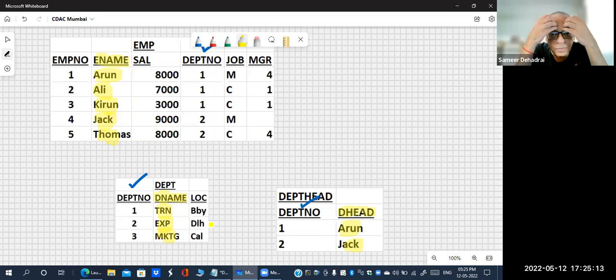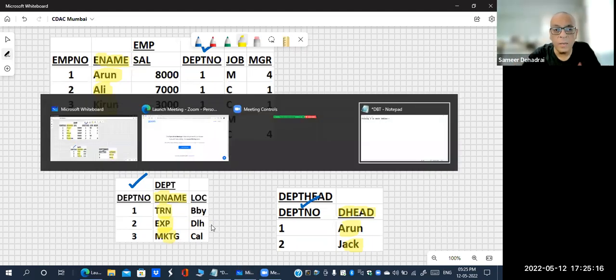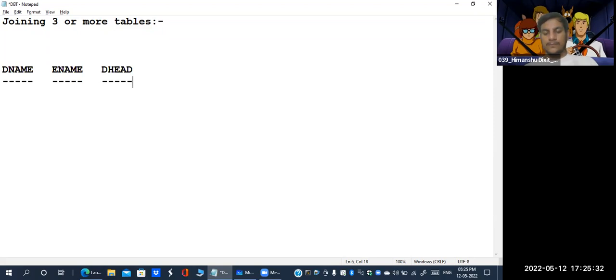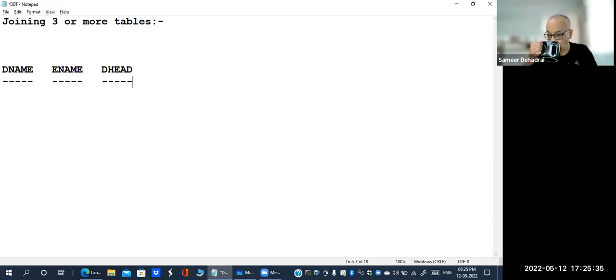So here is the thing. I want to see the D name. I also want to see the E name. And I also want to see the D head. So just by understanding what output that we want, we can plan the writing of our select statement. So help me guys. What will be my select statement here? I will select D name, comma E name, comma D head